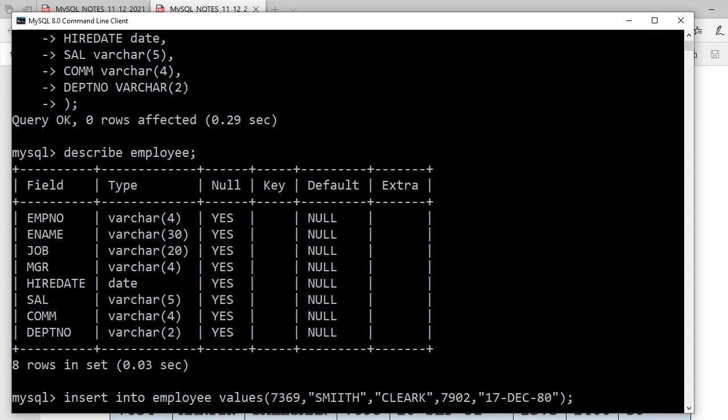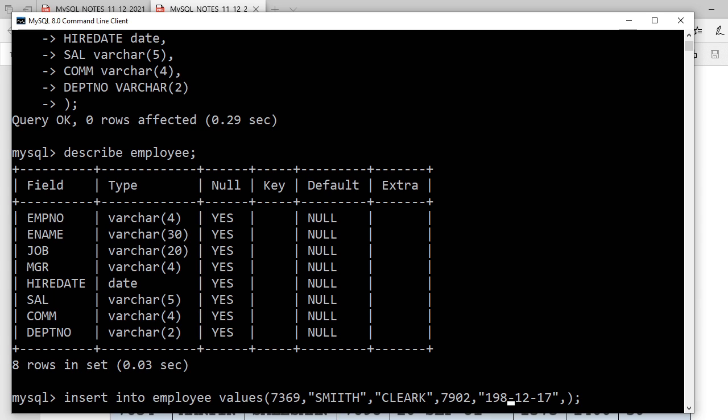So guys, you see, this is a wrong practice of inserting hire date. This is not the current format of MySQL. That is how it is written, but now you have to enter this date in a specific format. I am going to show you. First the year is going to come, so I'm going to write here 1980. This is the year. Then month is December, so December will go as 12. Jan will go as 01. July will go as 07. And then the date. What is the date here? 17th. 17. Okay, so this is 1980.